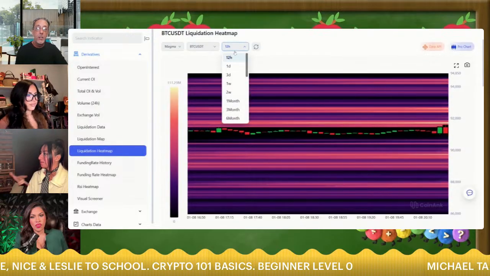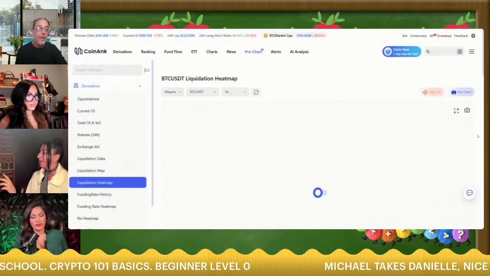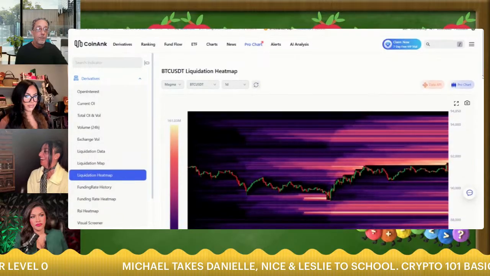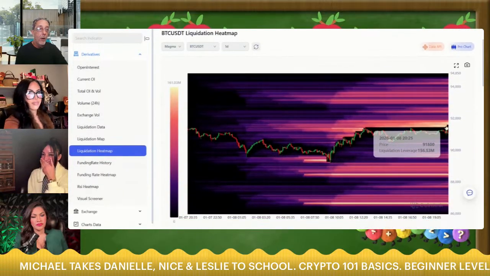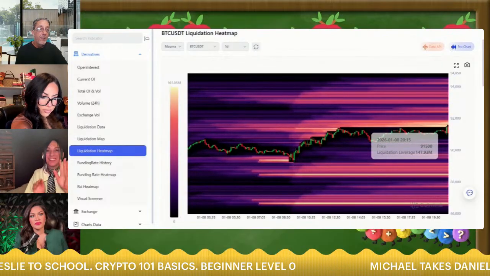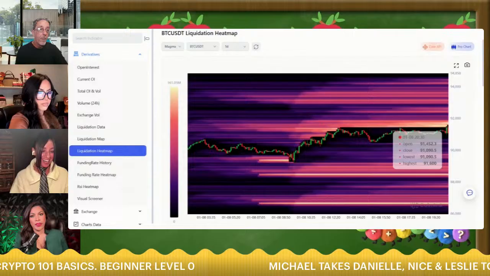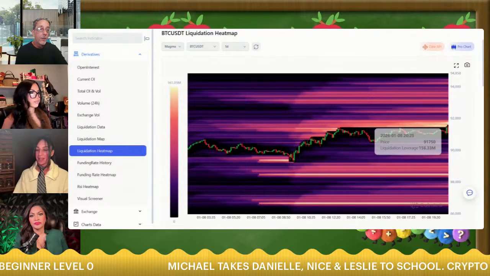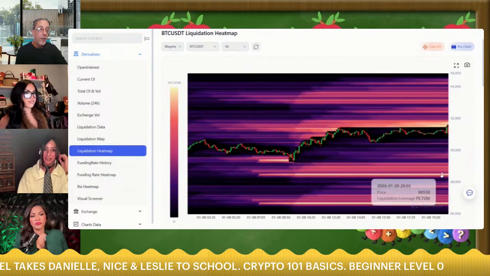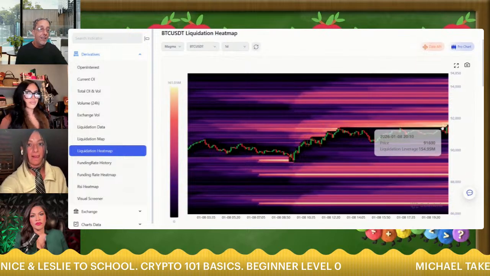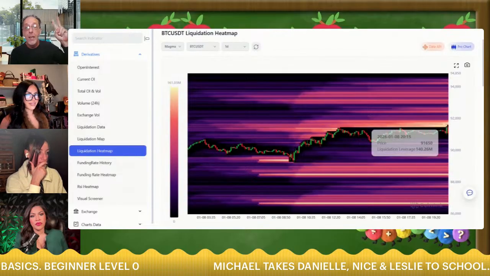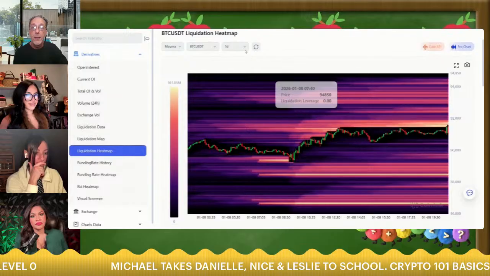But you can adjust it, 12 hour. Here's the 1 day heat map. So it'll actually show you a lot more, 91,750, right? And then all the way up here to different levels. And of course, the liquidity is down here as well. But when you see something like that in high orange or high yellow, bet it, they're going after it. They're not going to just let it sit back.